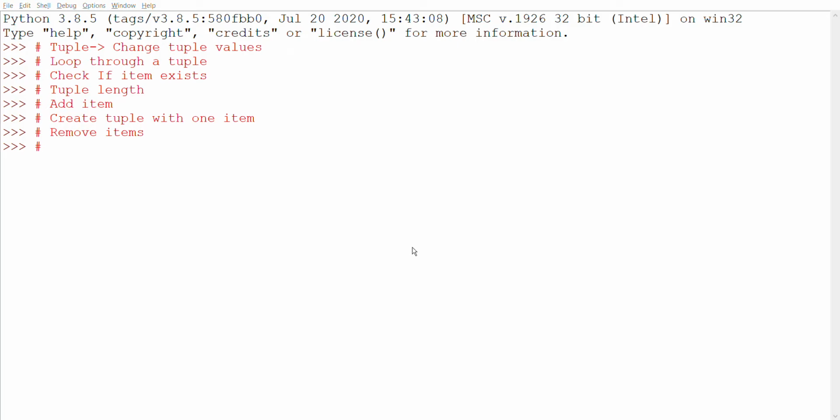Then join two tuples. After that, the tuple constructor.